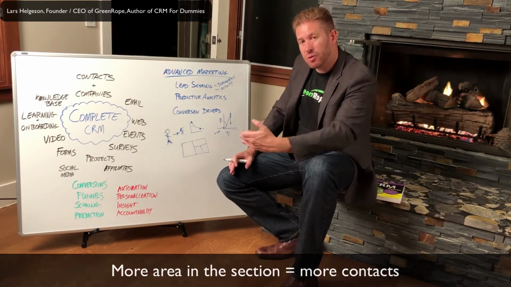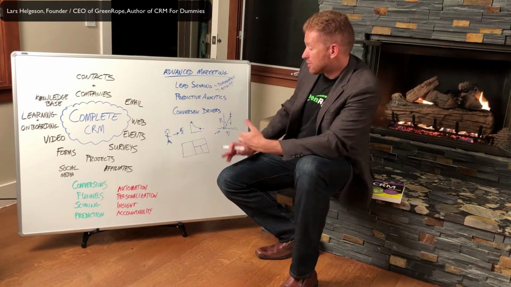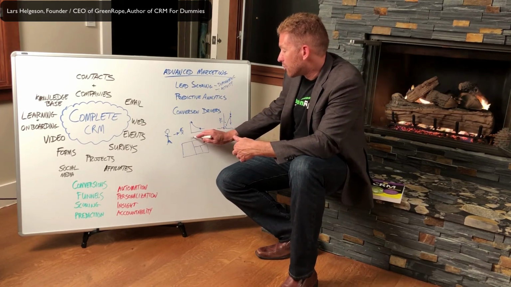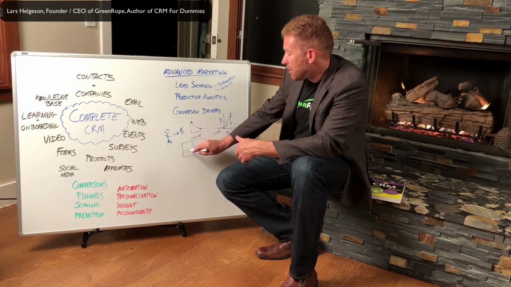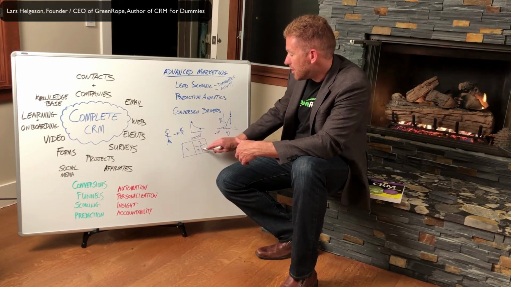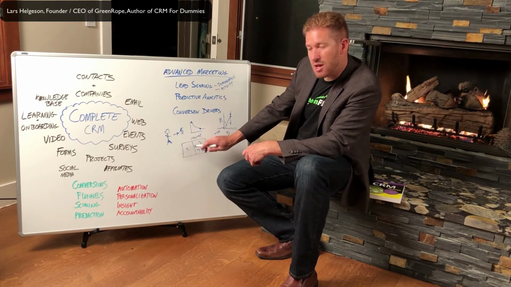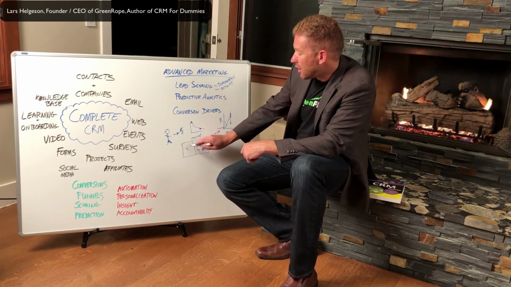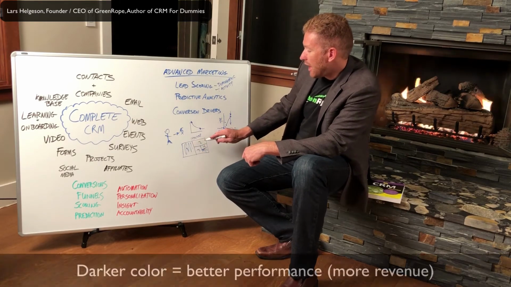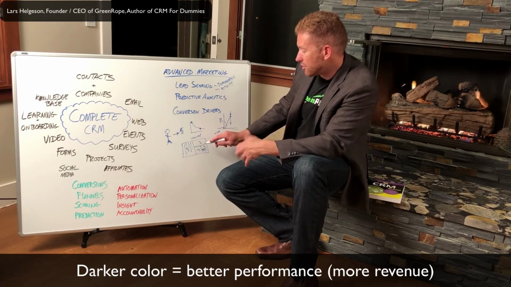Now, I'm going to go back to when we talked about our user fields, so being able to identify certain things. So let's say we want to look at industry, and we're tracking what industry our contacts are coming from. And maybe here we have one particular industry, maybe here we have another industry, and here we have another industry, and it breaks it down into smaller and smaller components. So the idea here is the size represents the number of contacts. Then the color represents how active, how much conversion value we are getting from each of those subgroups.